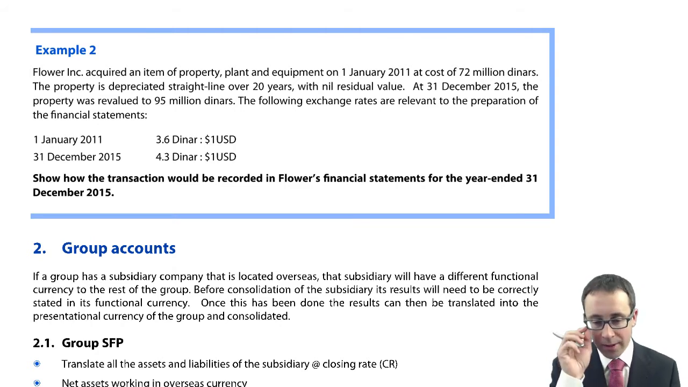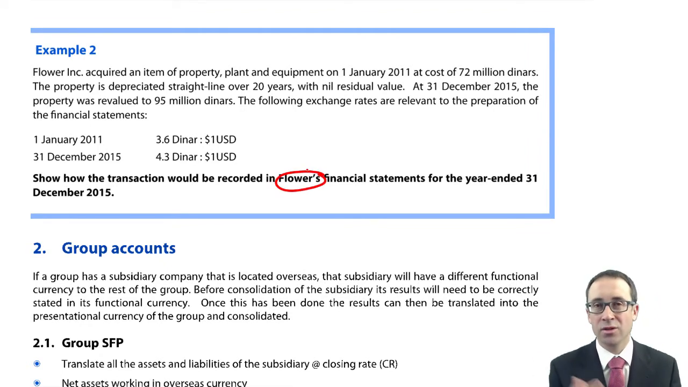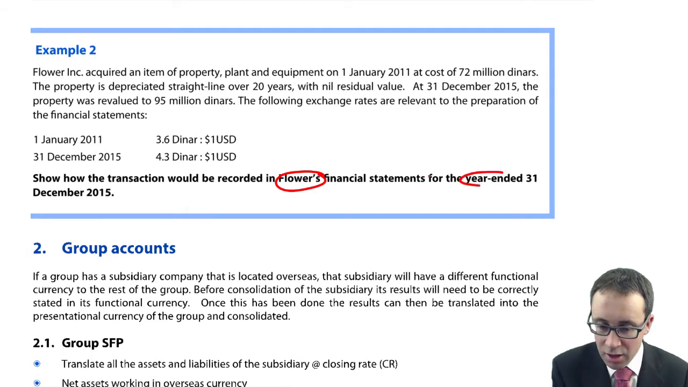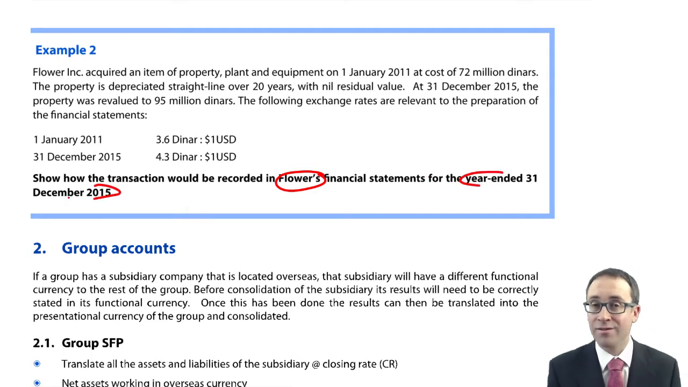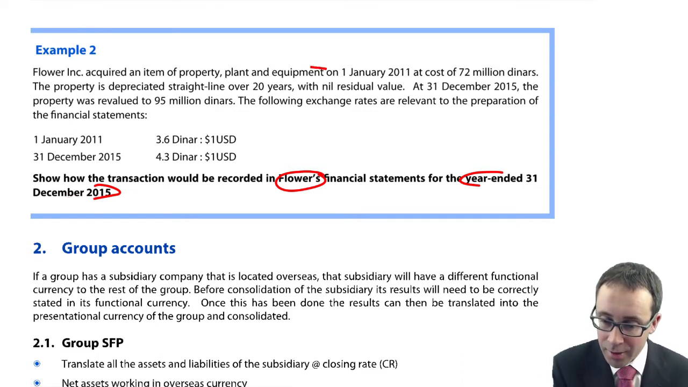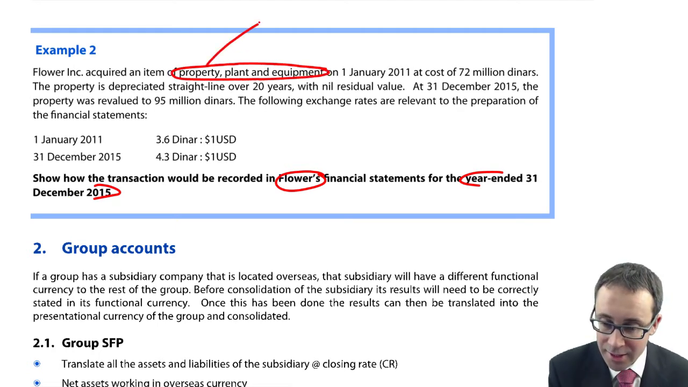So what you've got there is it says, show how the transaction will be recorded in Flower's financial statement. So SFP, profit or loss, cash flows, if you so wish. For the year ended the 31st of December 2015. Okay. So what we've got there is Flower Inc. So Inc. presumably an American company, therefore the functional currency being the dollar. Acquired an item of property, plant and equipment. So remember, PPE is there, isn't it,